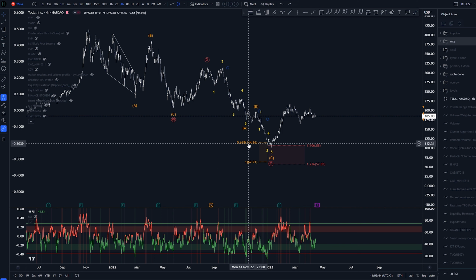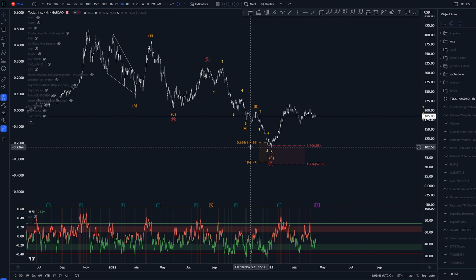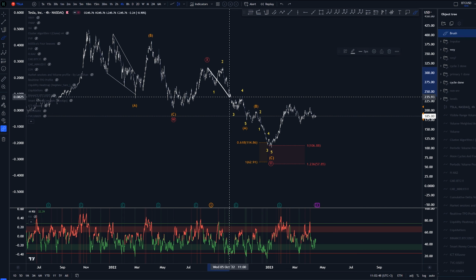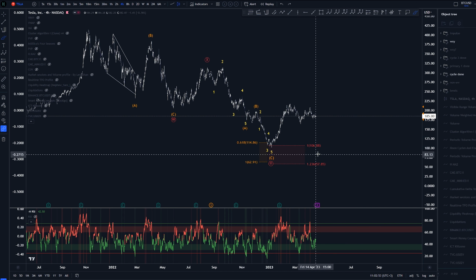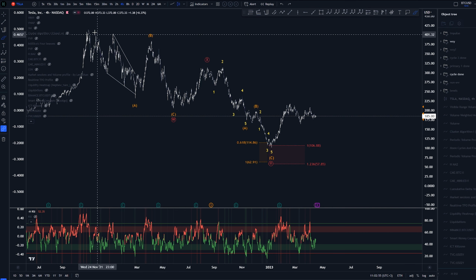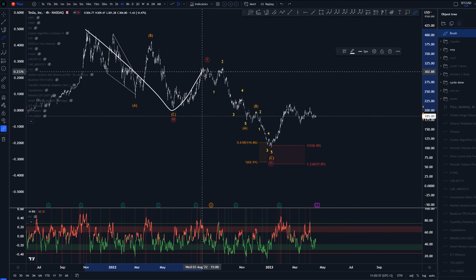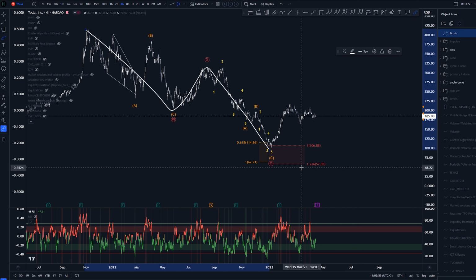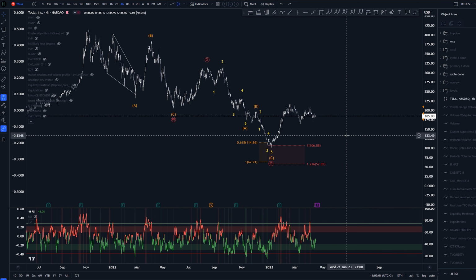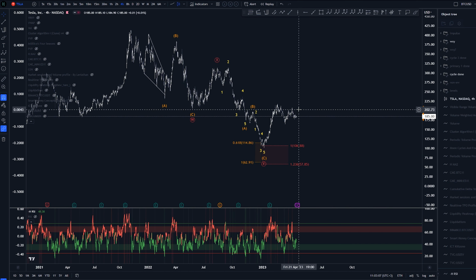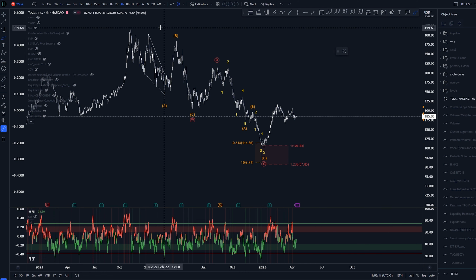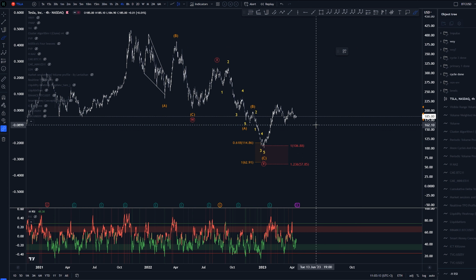Sure, we did not really extend much for the wave C, comparing this wave A to that C. We only hit this 618 here, but on macro time or macro targets we hit the 1-to-1 here for the WXY. So again, that is one of the scenarios that could mean that this is the only bullish option in reality. If we want to be really bullish to go back to the all-time highs, this is the count to be